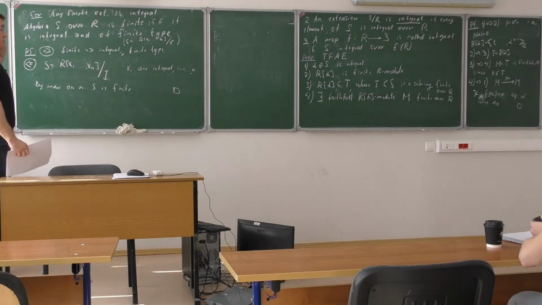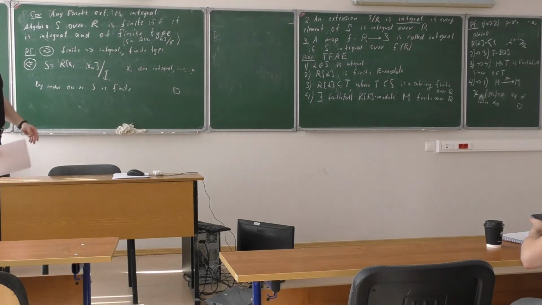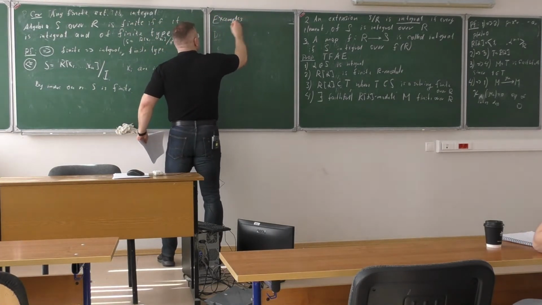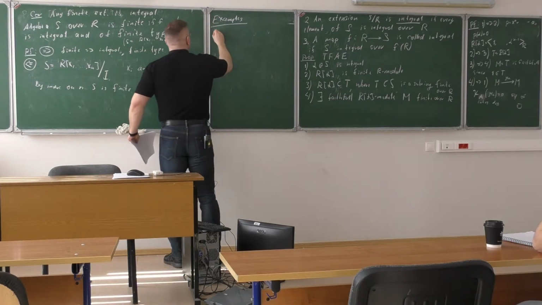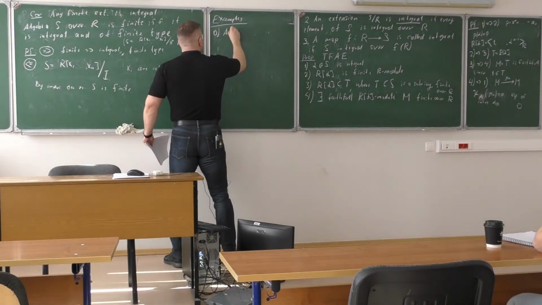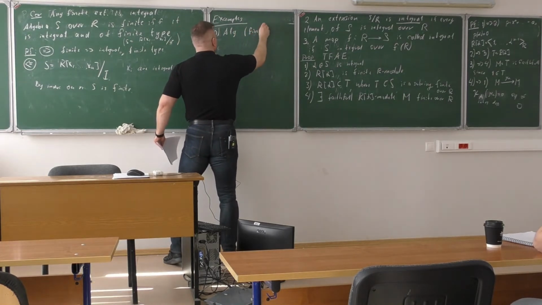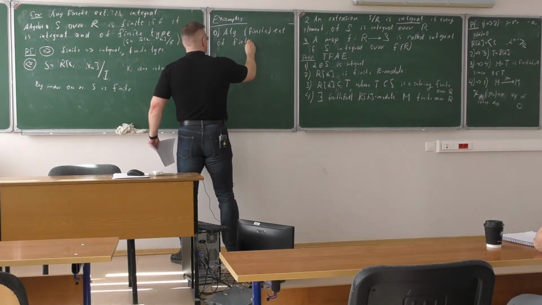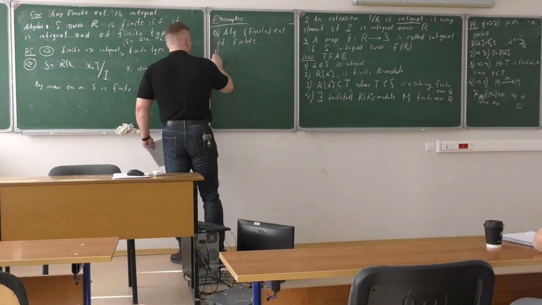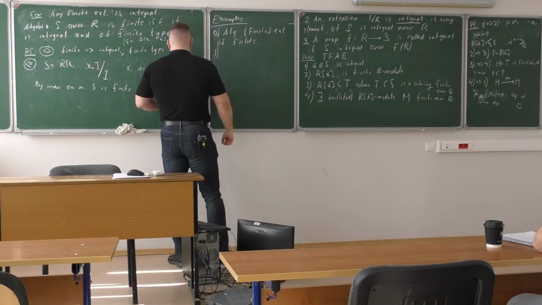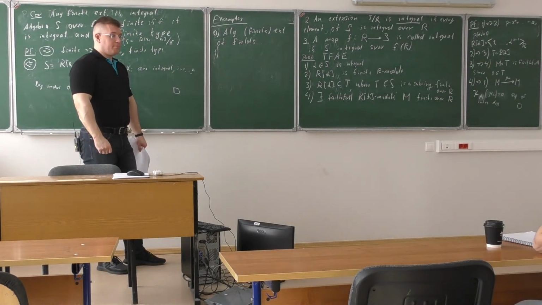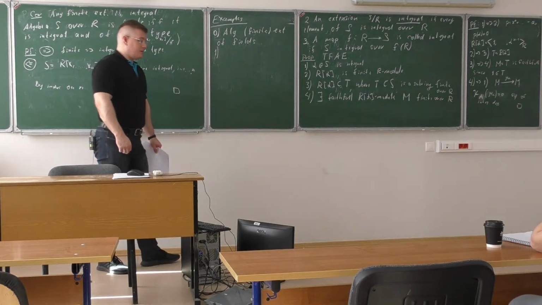Well, you already know some examples of integral extensions, for example, finite extensions of fields. So maybe let's do some examples. Example 0: algebraic, and in particular finite, extensions of fields. But it's over a field, so in this case R is a field, you can just divide by the leading coefficient.